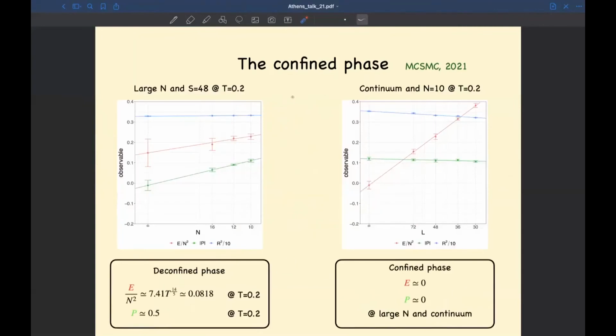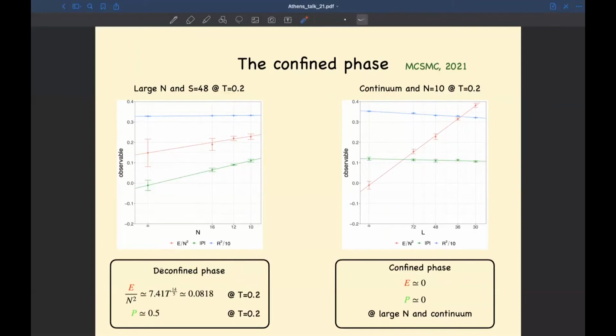Here, I proceed a little bit more with the confined phase. And of course, this is just an example of evidence, and you can look into more details in our paper, where we have much more evidence about these observables. So here on the left side is large N extrapolation at temperature 0.2, while on the right side we have continuum extrapolation. Now here, energy is denoted by red,